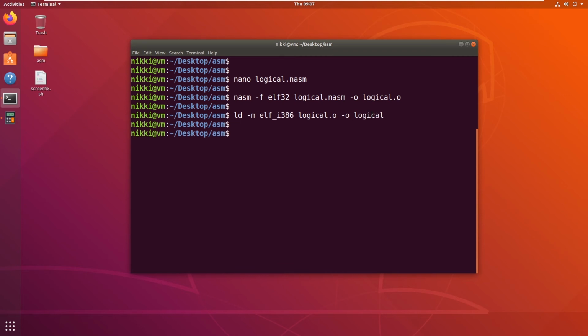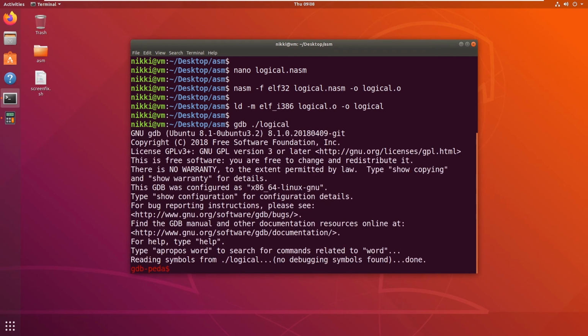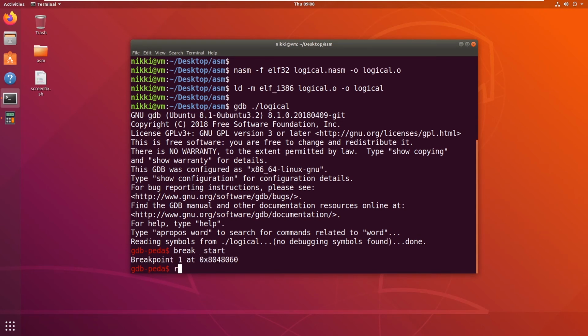Since we are not printing any output, our binary will just exit normally. Now I am going to directly open this binary in the GDB debugger. Now let's put a breakpoint at the start function. Now let's run our program.